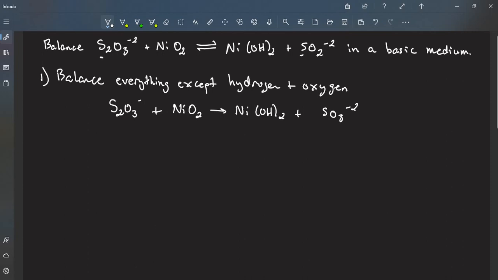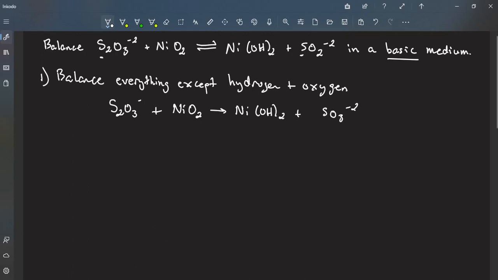Hello everyone. I'm going to go over a solution on how to balance a redox reaction using the half reaction method. In this question, we'll see that it's going to be in a basic medium, so I'll underline basic here to emphasize that. Our first step, I've already written out the instructions for the first step,